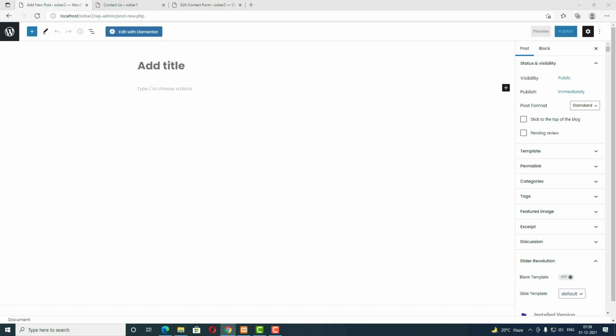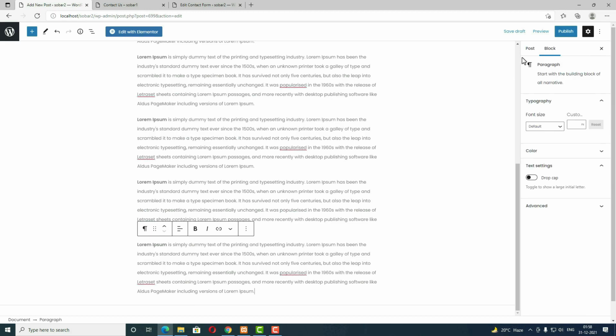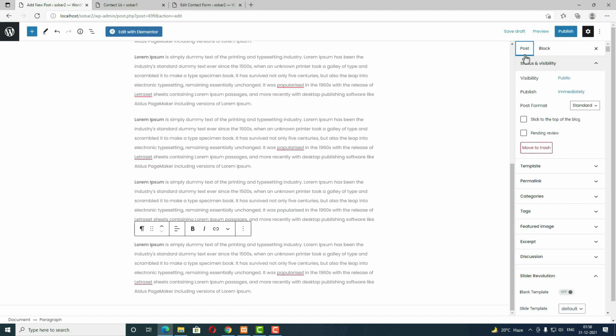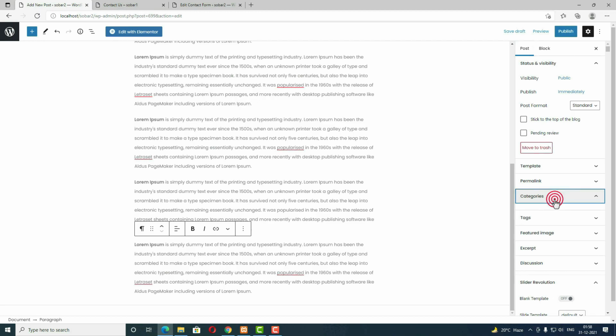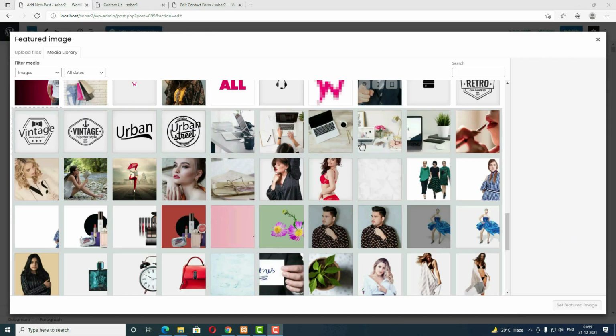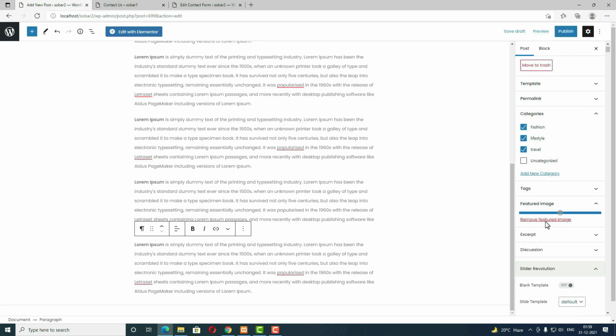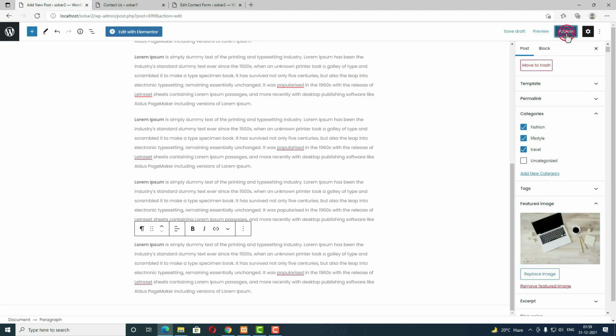of the post. Next, here you have to write the title of the post. After that, here you have to write the content of the post. After that, come back to the post option, click on this post option. From the category, you can select a single category, else you can select multiple categories at a time. Once done, you have to click on this feature image. After that, click on this set feature image. Suppose I am taking this image, click on this set feature image. After that, you have to click on this publish option.